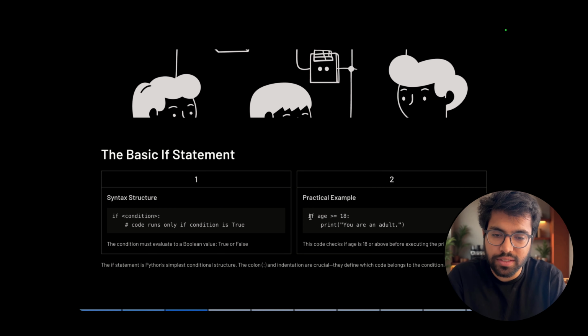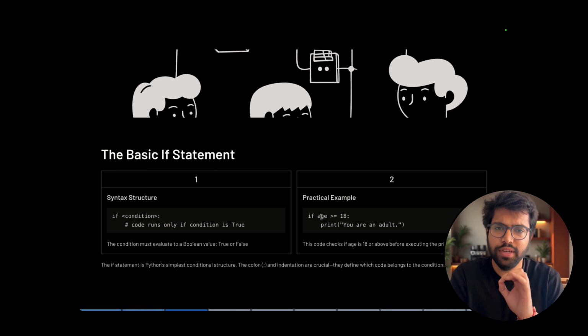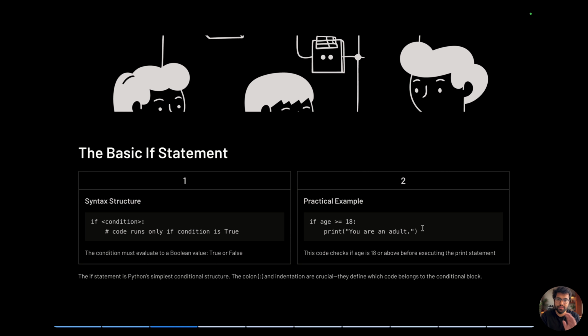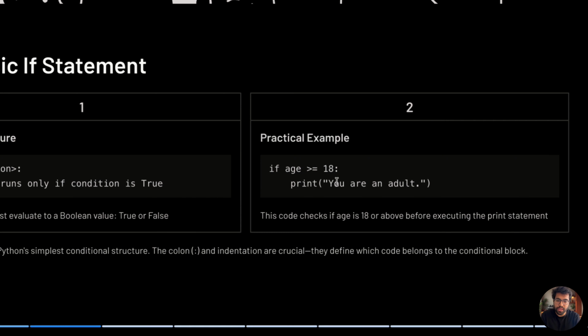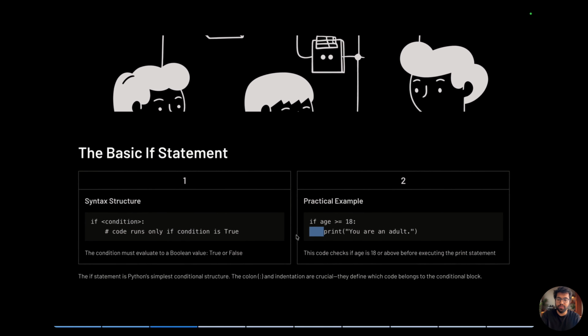So how do we write this in Python? If, it's very simple, it's plain as writing in English. Use if age more than equal to 18, then print you are an adult. Simple statement. If this condition is not true, then the statement written inside the if will not execute. And how this spacing works is, this is one tab key that you find below the escape and tilde key, the tab one. This is regarded as one tab.